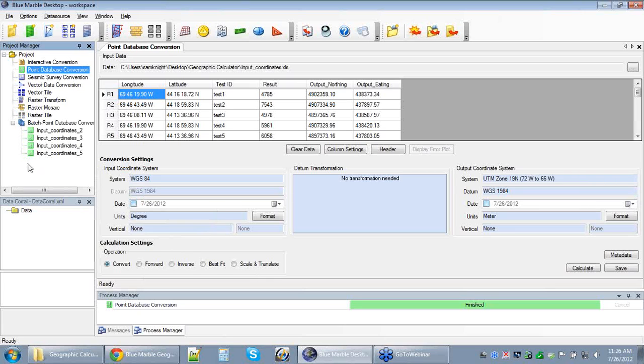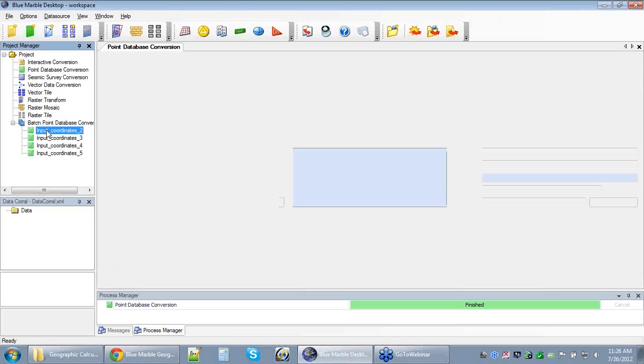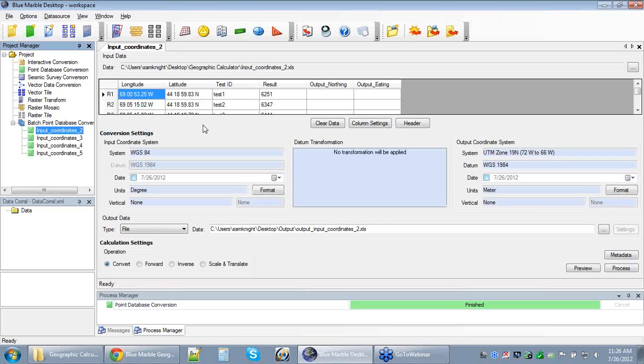The reason for all of this is that we're going to run it from the project manager. We can actually batch batches, if you will. So we could create multiple batches of unique settings and run them all as a group right here from the project manager. As we take a look at any of these individual jobs, you'll see each of these has their own blank settings that are applied to them. They each have their own data coming in from them,